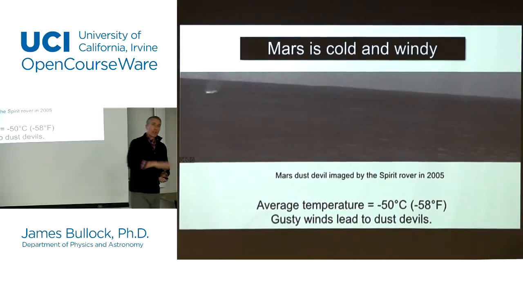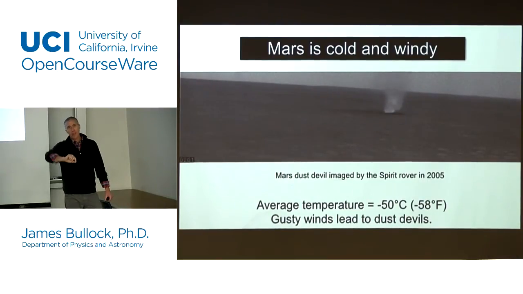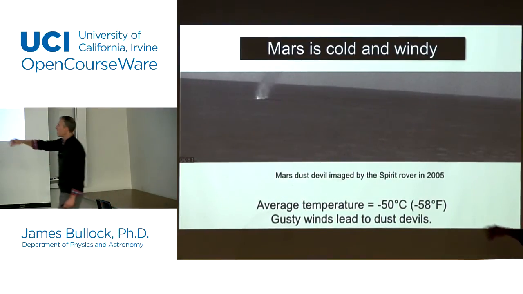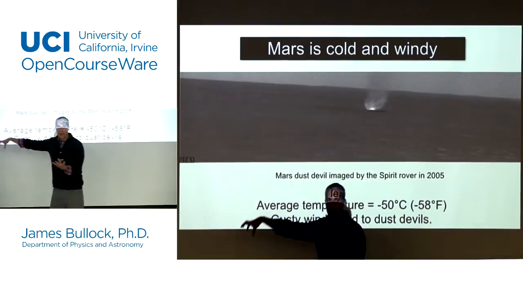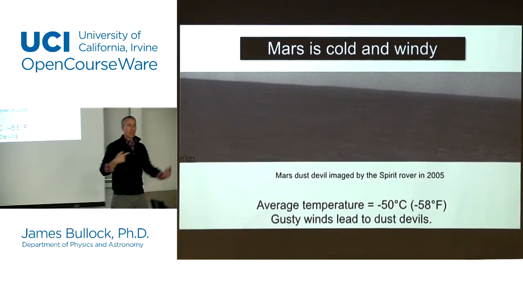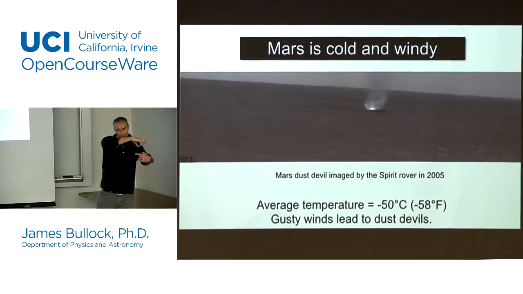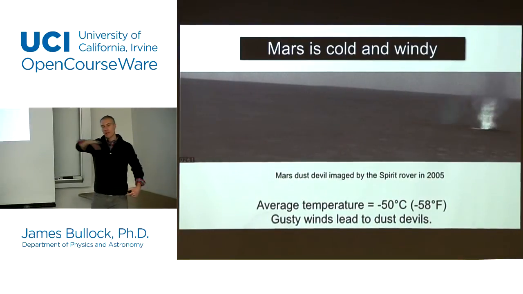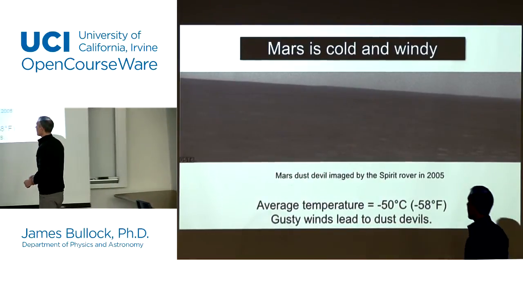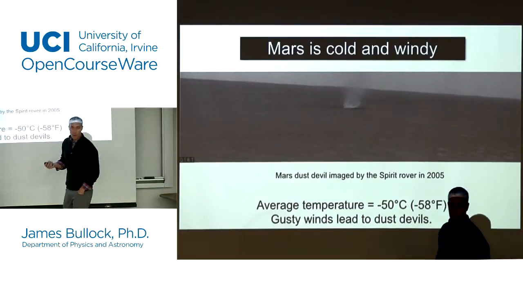But what they found is that if they looked at the power levels from these solar panels, they would see them falling off like they were expecting, and then every now and then they'd spike back up to where they started, and then they'd start declining again, and they didn't really know what was going on. And what they eventually realized is that these little dust devils would occasionally just go right over the top of the solar panels of the rovers and clean them off. They have movies of the rovers taking movies of each other with a little dust devil going across the top, and it would just clean the thing off like a little vacuum cleaner, and then they would keep going again. So these gusty winds are characteristic of what Mars is really like.